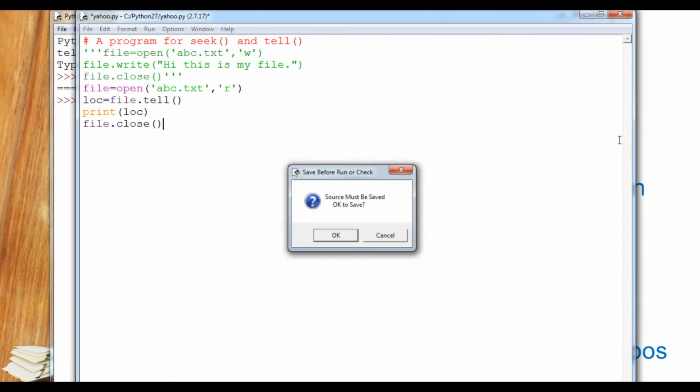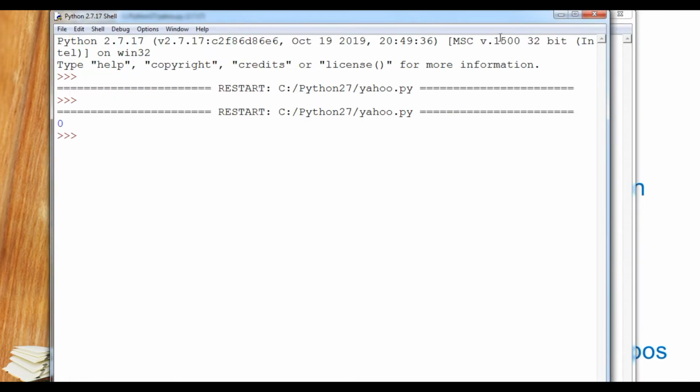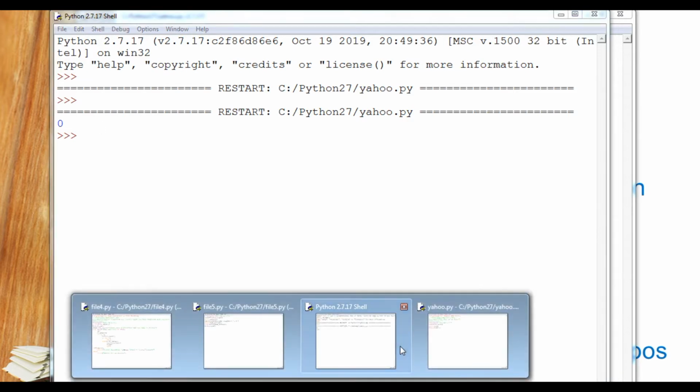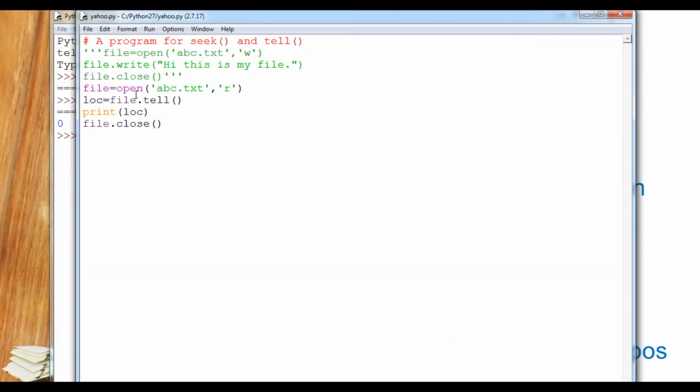So we will run it. Now you can see the first location of the cursor is always 0. Now we come back to the program. Suppose I read this file. First I will print here, before reading a file, cursor location.